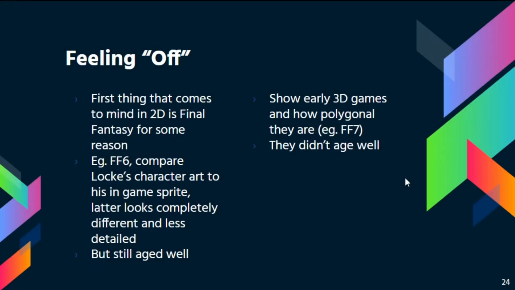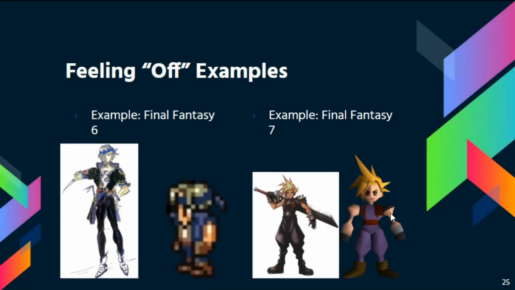And then just another thing when it comes to the art of 3D games, pixel art is easier to age well because of the detail they had at the time. When they first started out in 3D, a lot of it was very low poly, just because the systems at the time couldn't handle such highly detailed rendering. As you can see in the next slide, when you go back to an older game, older 3D games don't tend to age as well as a 2D game.